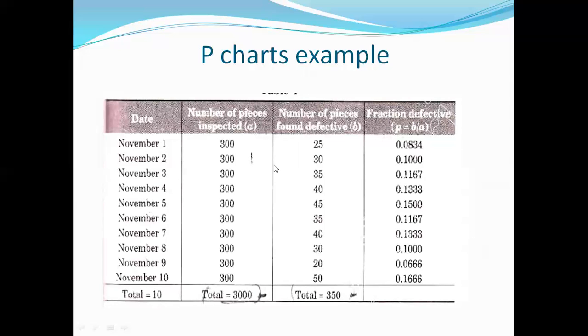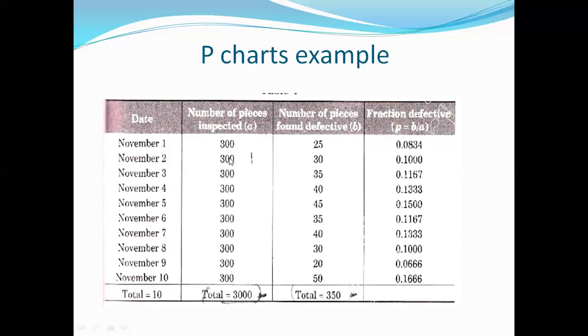Similarly, we can calculate the value of fraction defective up to November 10. Now the next step is to sum the number of pieces found defective. And what will be the summation? We just sum up these values from November 1st to November 10. This value comes out to be 350, and the total number of pieces inspected can be calculated